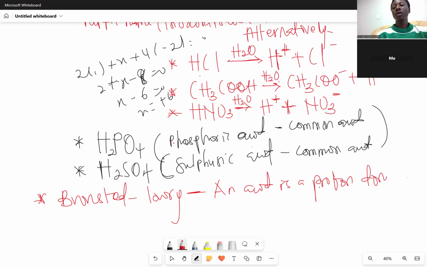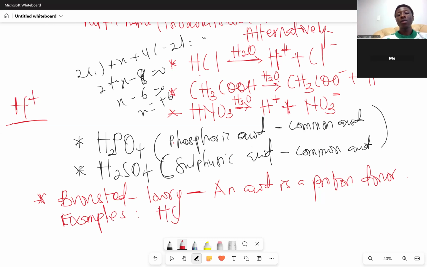Yes. And proton, if we say proton is H plus, it's the same as hydrogen ion. Hydrogen ion is also called proton. So that's what Bronsted-Lowry says. So in exam, they can ask you to define Bronsted-Lowry acid with example. So we can start with the commonest, which is HCl, right?